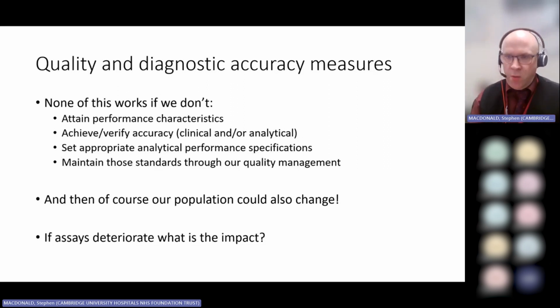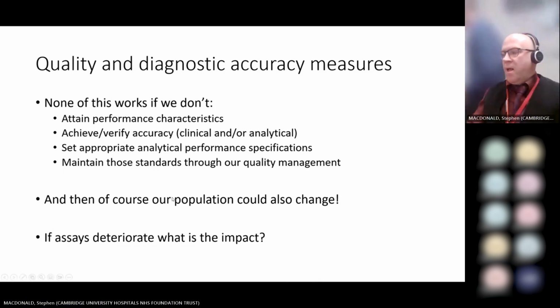We need to work out what the sensitivity and specificity of those populations are, and if we have a different population, we need to validate changing that cutoff from the manufacturer's cutoff. That's an entire different topic. We need to make sure that we are achieving the accuracy and that we are continuing to achieve that by setting the appropriate analytical performance specifications we talked about a few weeks ago,